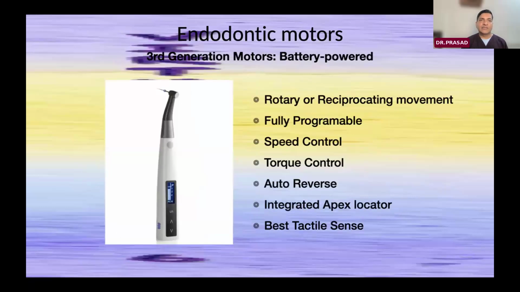And the third one is the third generation endodontic motor, which is battery powered, which is cordless. It moves in rotary as well as reciprocating movements. It is fully programmable. Speed control is there, torque control is there, auto reverse is there. It is also having integrated apex locator, and it has the best tactile sense because there is no wire connected. It is totally